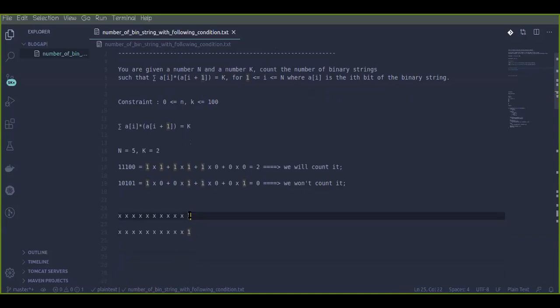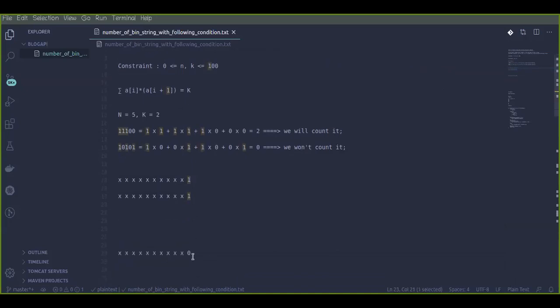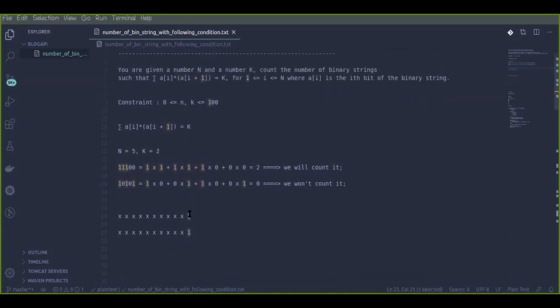So here, for getting the last value, we are having two possibilities. Either it can be 0, as we have written right here, or it can be 1. So we are just exploring this particular part. Let's say the last value is 1, okay? So what is the possibility of getting the second last value then? Again, it will have two possibilities: one is getting 1, or the other one is getting 0, isn't it?